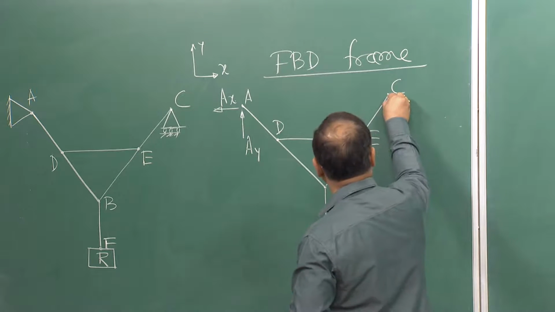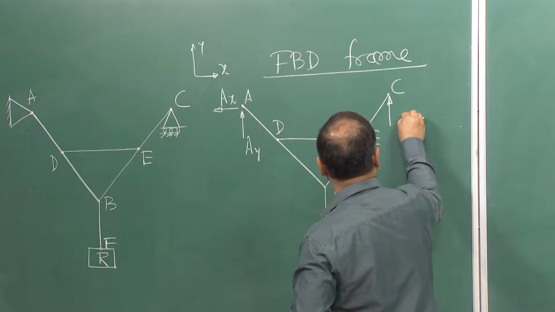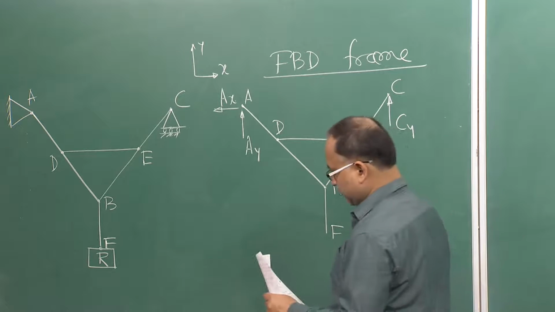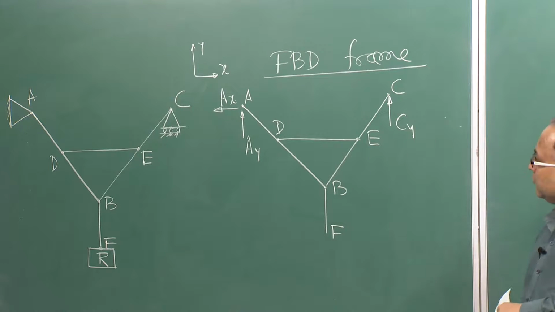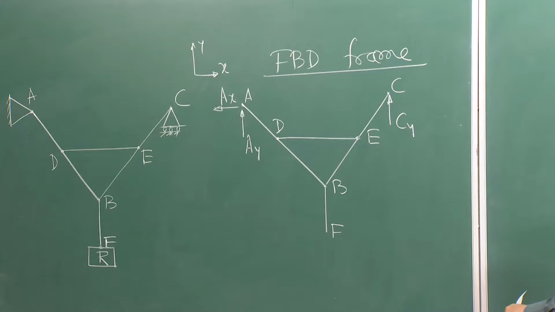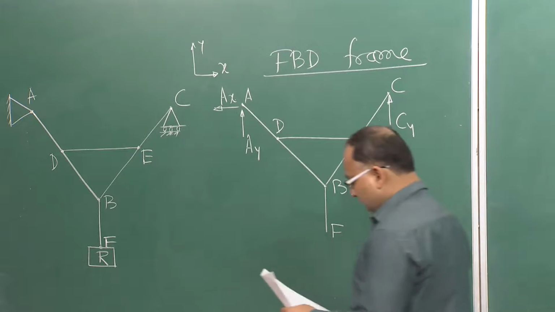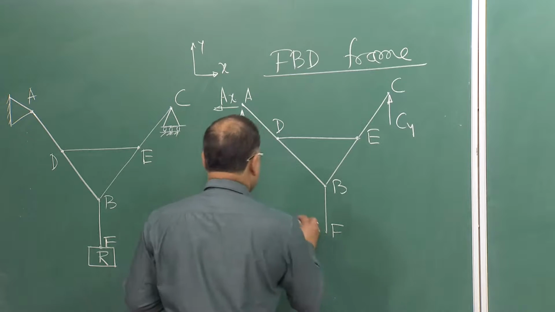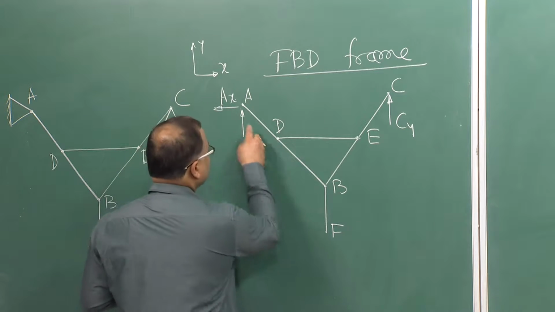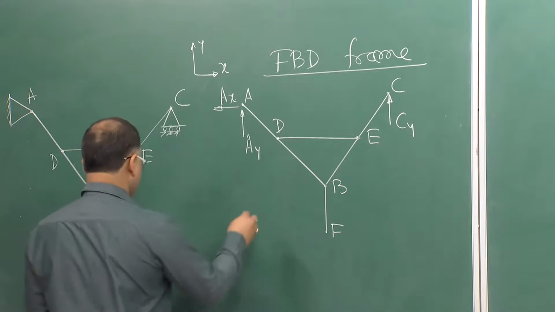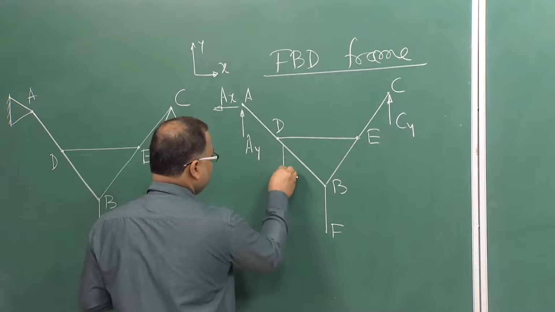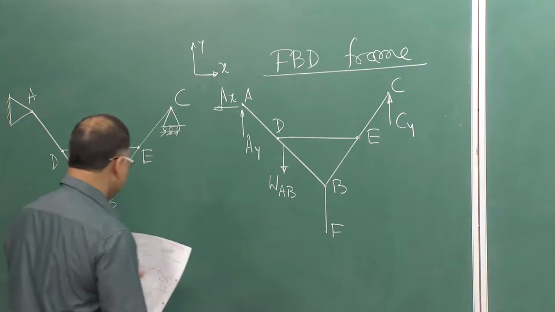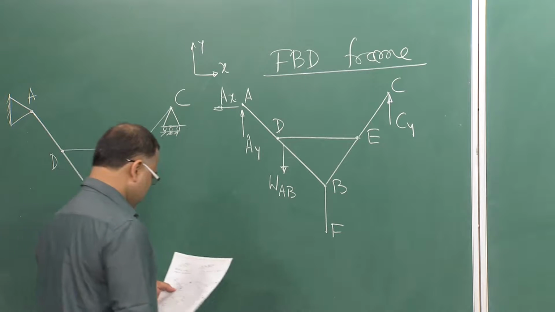Similarly, at C, this is the roller support. So, only the vertical reaction, right, only the vertical reaction, okay. And at point F, so before that, this AB will be having weight. If I consider the weight of the member, AB is a member, say, okay,